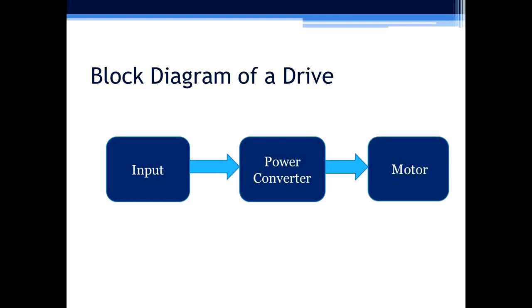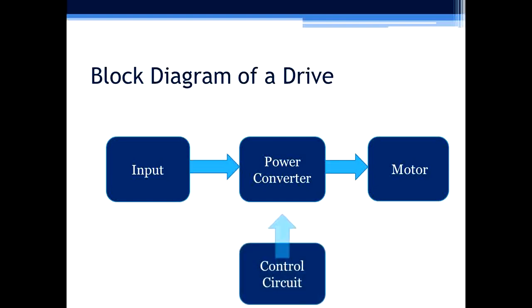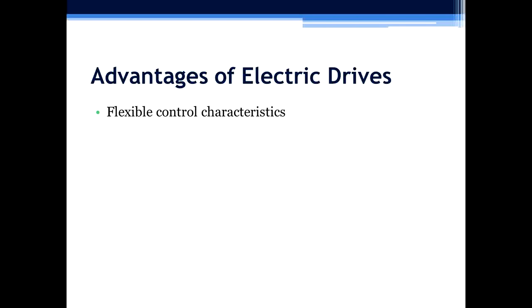The load can be a motor, DC motor, three-phase motors, special purpose motors, switched reluctance motor, stepper motor, or any motor required as per the application. And we need to control the speed, torque, and other parameters along with open loop and closed loop control. So we have some electronic circuitry which will be taking feedback from the load. And second, in order to control the speed, we have to make use of a control circuit which will be controlling the duty cycle or firing angle of the converters present in the power converter module to get precise speed and torque.